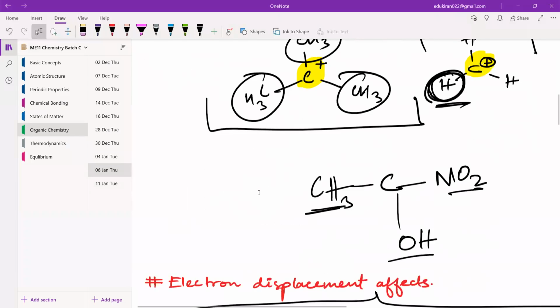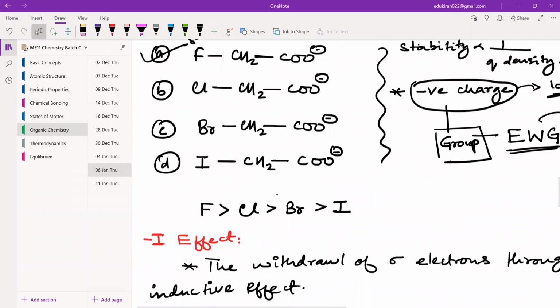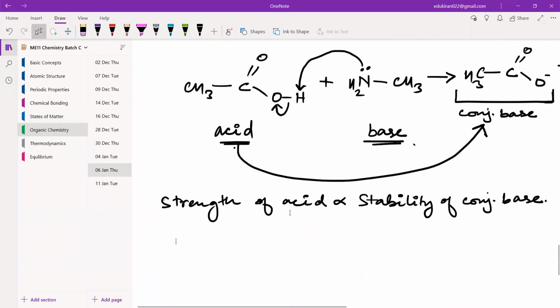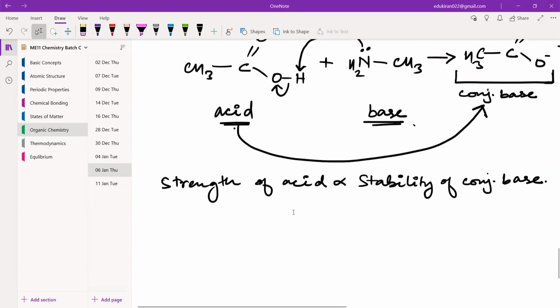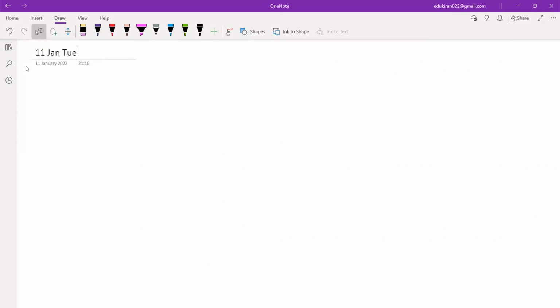We were talking about intermediates, electron displacement effect, inductive effect, and we ended up with the idea of Bronsted-Lowry. And then we said strength of acid is directly proportional to the stability of conjugate base. Okay, conjugate base. Okay, fine. So just to remind you guys of what we have learned in the last lecture, and in organic chemistry, general